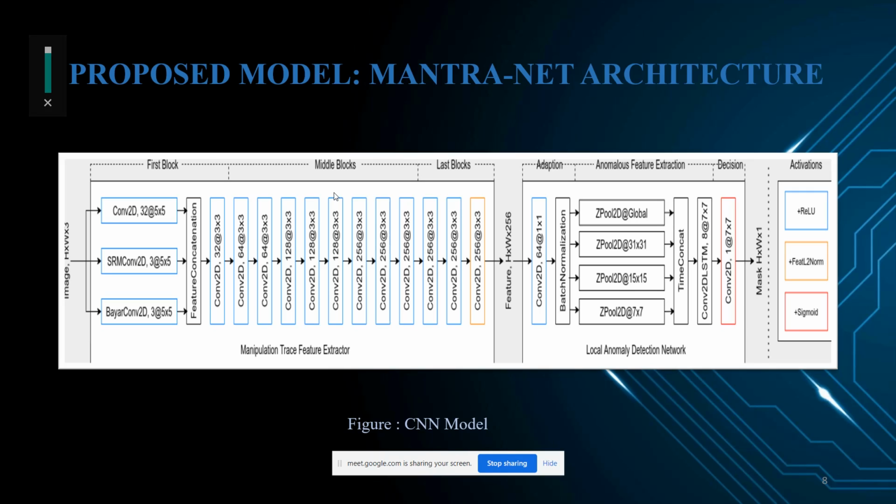In the local anomaly detection network, batch normalization is a technique for training very deep neural networks that standardizes the input to a layer for each mini batch. This has the effect of stabilizing the learning process and dramatically reducing the number of training epochs required to train deep networks. We normalize the input to a layer within the network. It's called batch normalization because during training we normalize each layer's inputs by using the mean and the variance of values in the current mini batch.